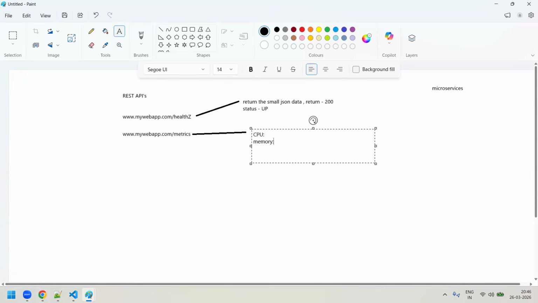These are the endpoints which developers add when they develop an application. Am I clear, sir? Similarly, whenever you want to log into the application,